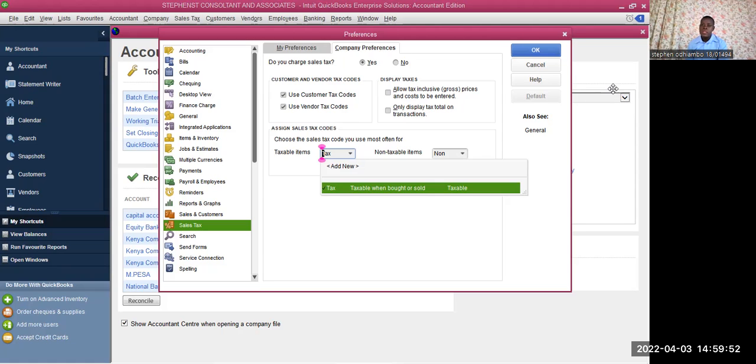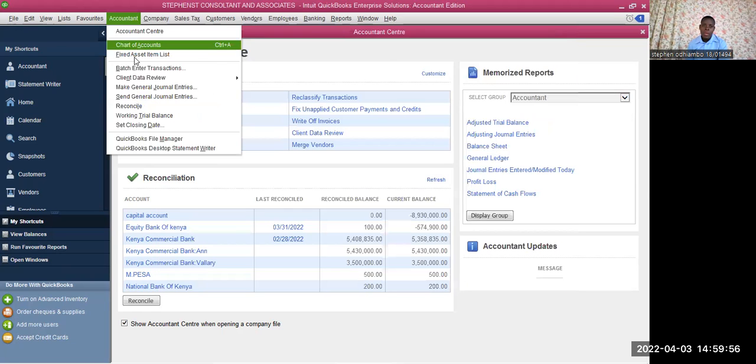To get to the list, the item list is in the accountant center. So you click accountant, then accountant center, and you will get the list. The full list is here. We have the fixed item list. We have all these other lists, but for QuickBooks